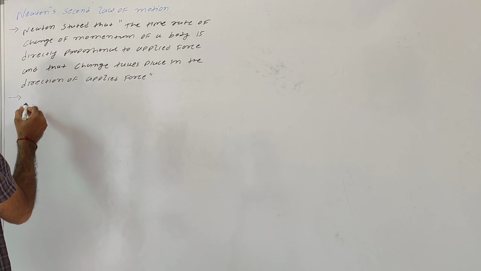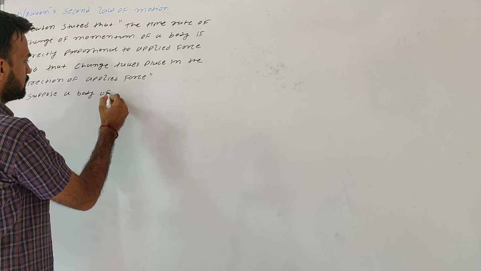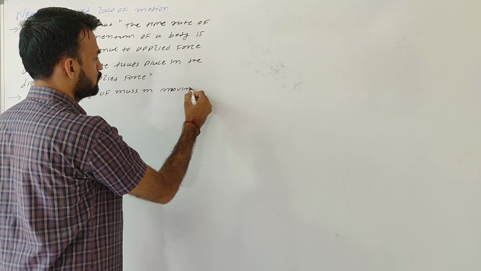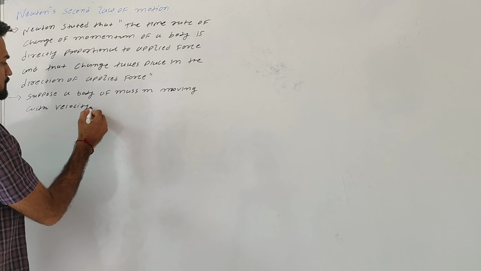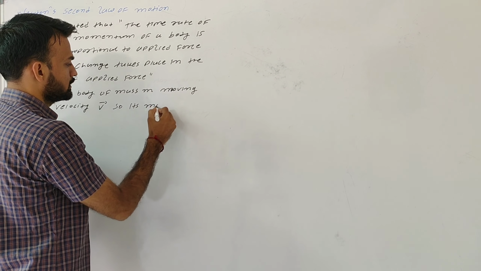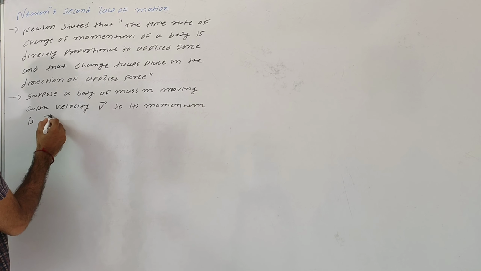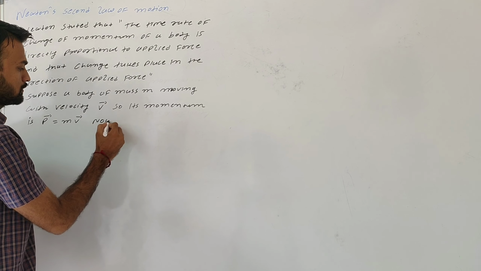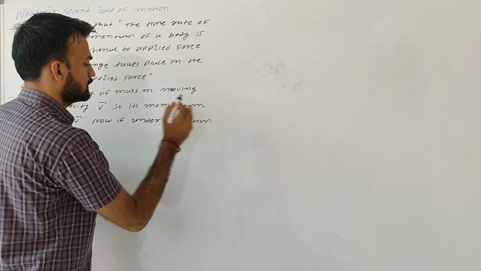So here we can say, suppose a body of mass m is moving with velocity v. So here I can say its momentum is p equal to mv. Okay, now if under the action of applied force F,